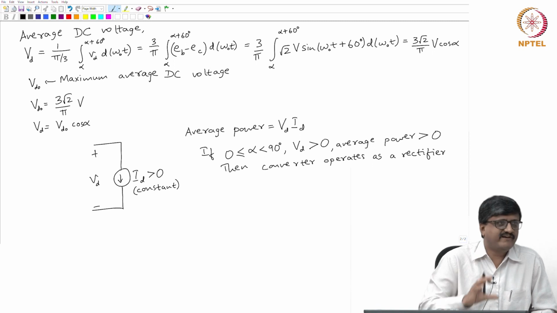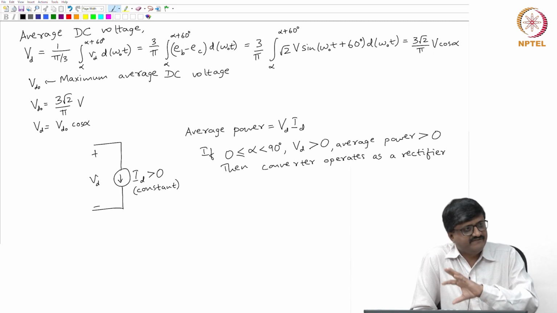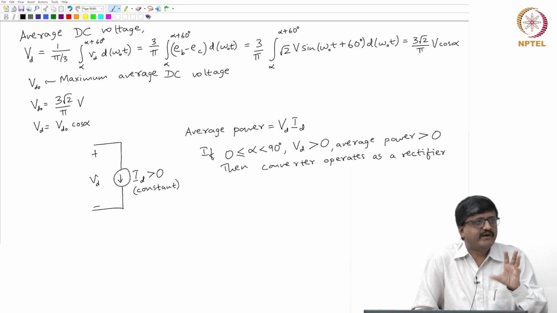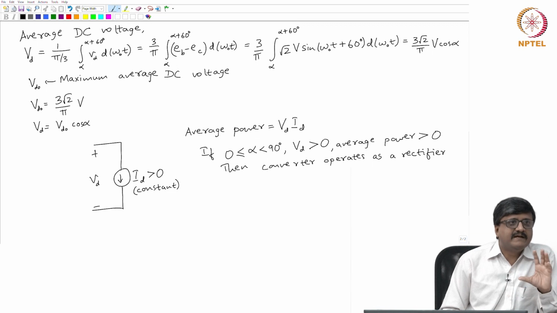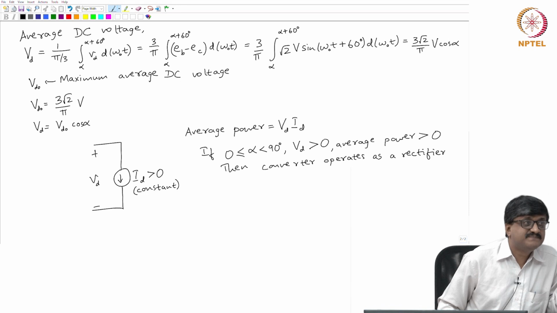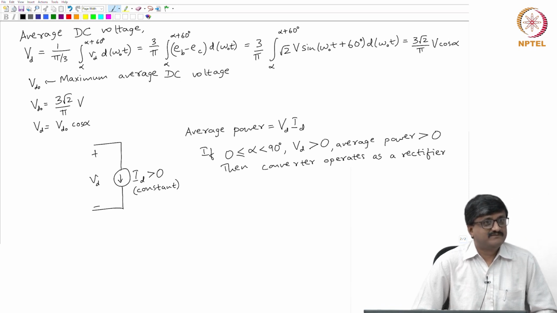We want to quantify the amount by which the voltage on the DC side is deviating from the ideal waveform, and we want to quantify the amount by which the current on the AC side is deviating from what is desired. So, how do we do that? Ripple factor. Yeah. Any other suggestion?